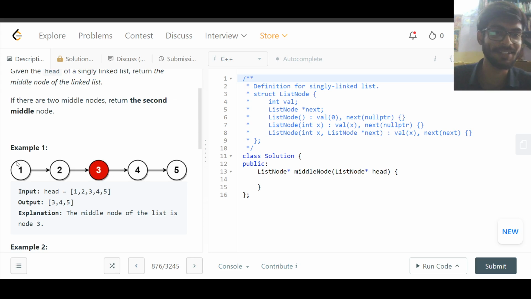The approach is, first calculate the length of the linked list. Let's say here in this given example, we have five nodes. So what we are going to do is we are going to calculate the